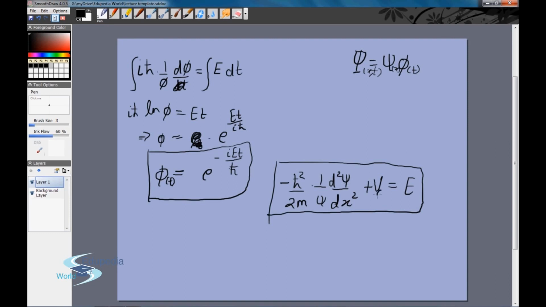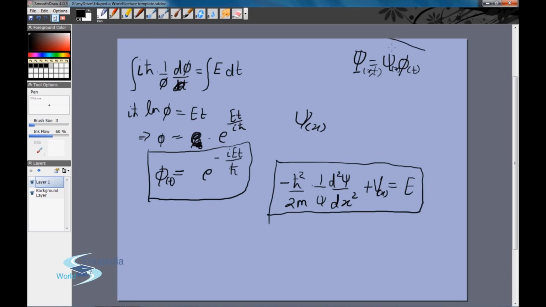Remember, up till now we have only used one property of V of x, that is, it was dependent only on x, not explicitly on time. So after this, we can only go further once we know exactly what V of x is, and in the next few videos, we'll see specific simple cases for V of x and try to solve psi of x for those cases. But right now, what I would like to do is focus on what exactly